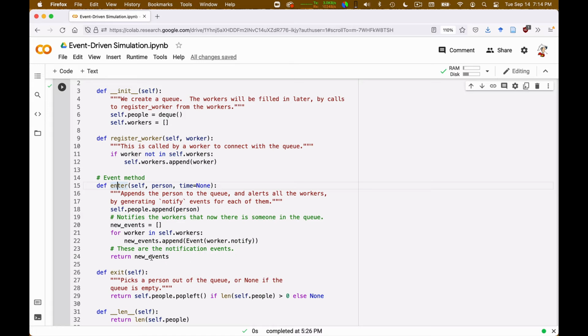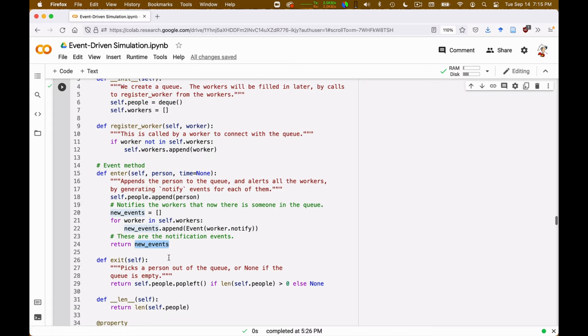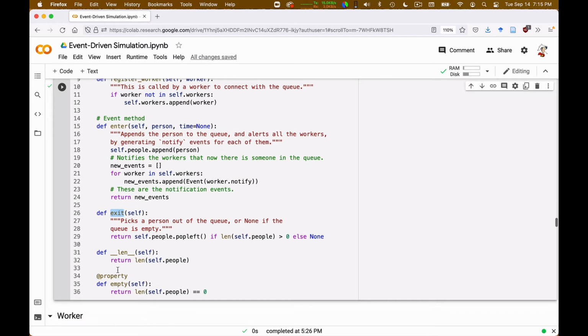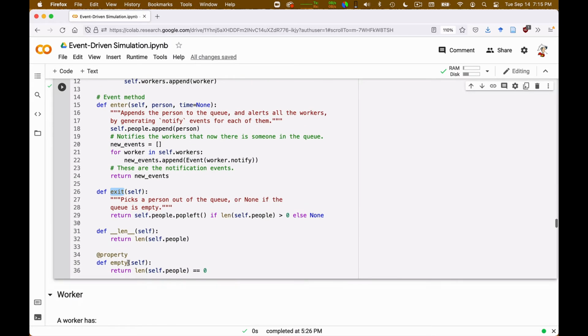And I return these new events, which are all notification events, as the result. Okay? Then this method exit is simply used by the workers to pick the right person. Okay, and then it has a length, and it has a property that says when it's empty. So it's quite simple.